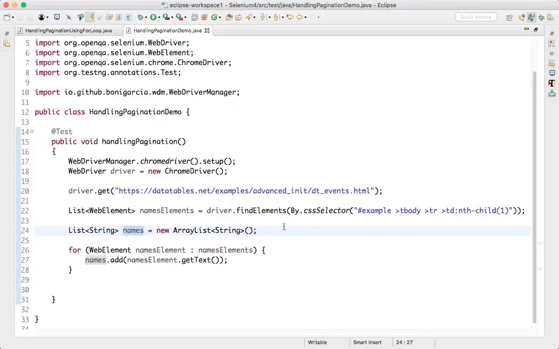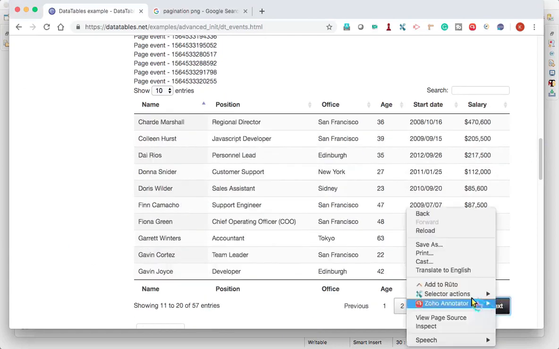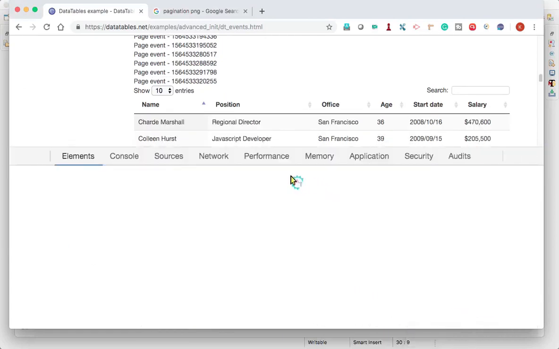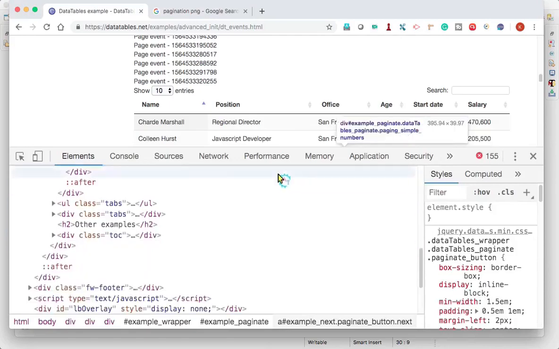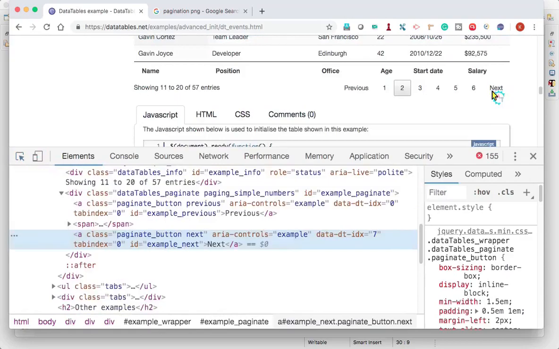So now what I'll do is first find the class name of this particular element. How will you do that? First find this element. This element is example next.